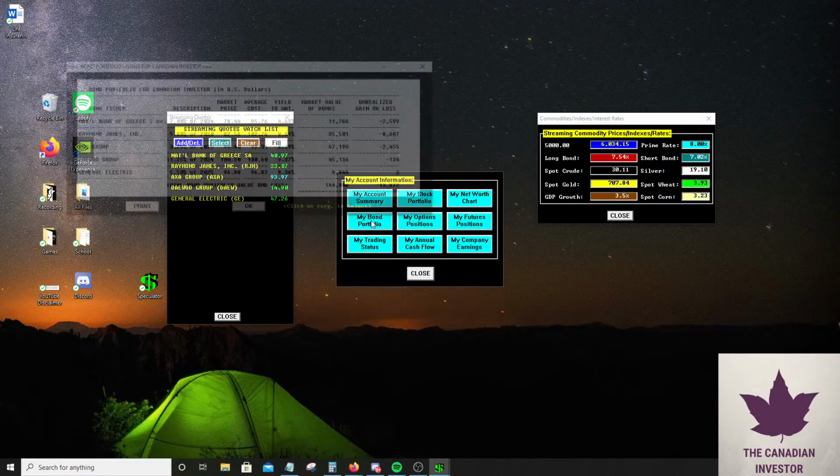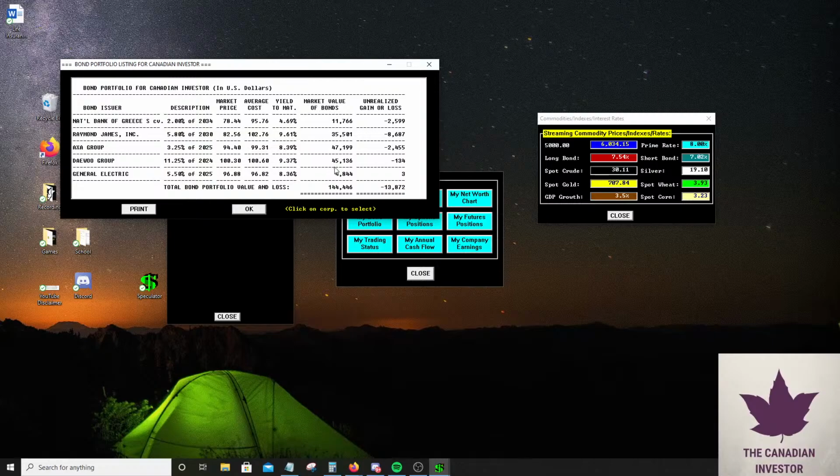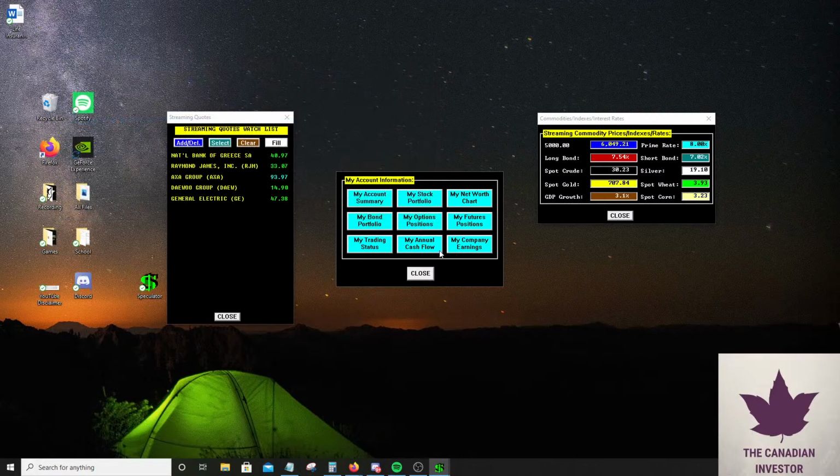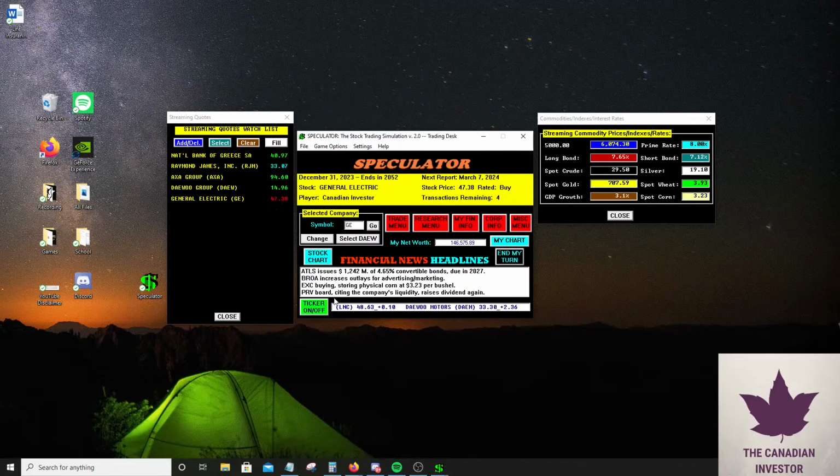And then I want to use the coupons from our other bonds, like our General Electric bond or Daewoo, and these other bonds. I want to average down on these longer term bonds. That's one of my main objectives. Right now we're doing only corporate, but I should be throwing in some government bonds just in case there are any corporate bankruptcies.